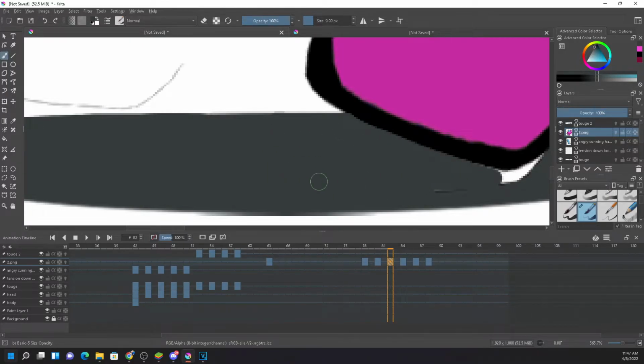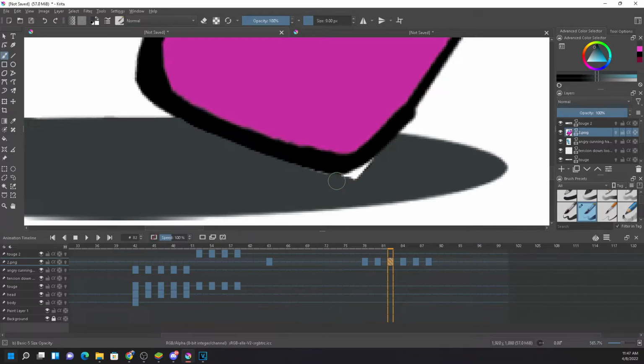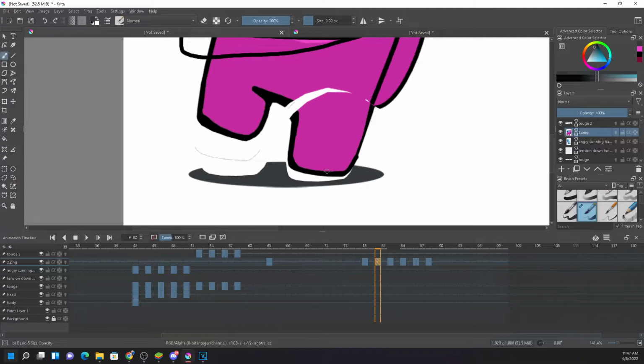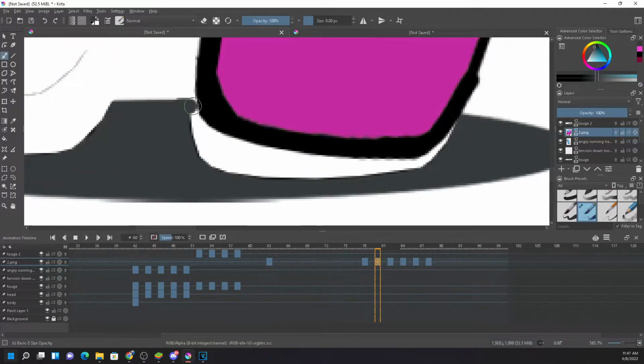Like this, you can color after animating it. I'm coloring it.